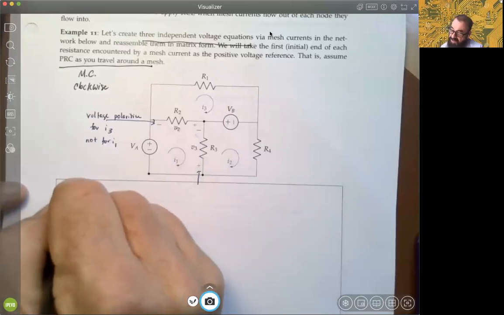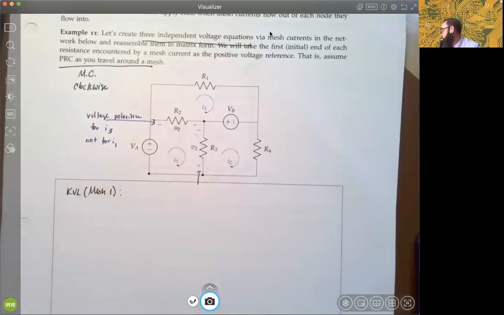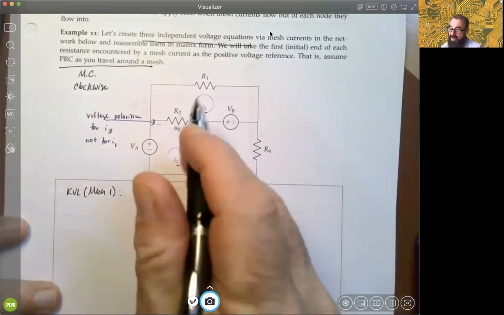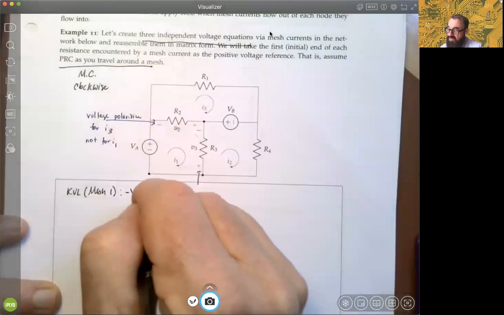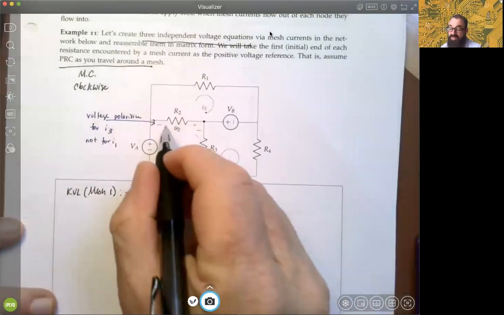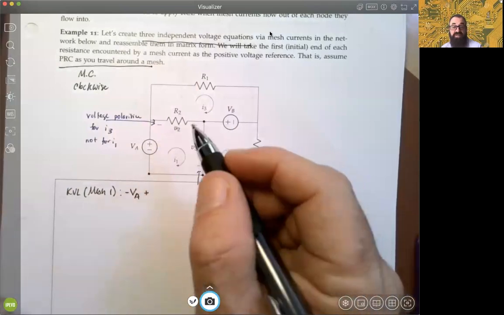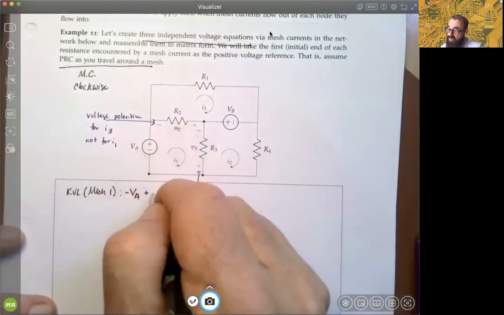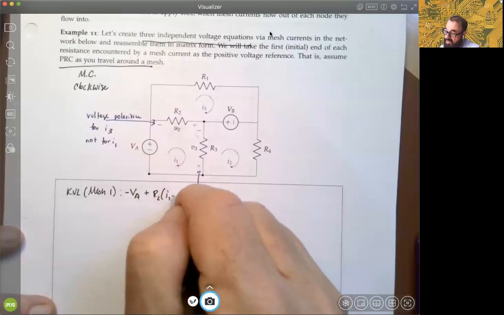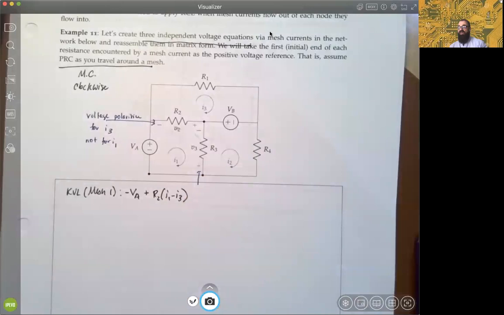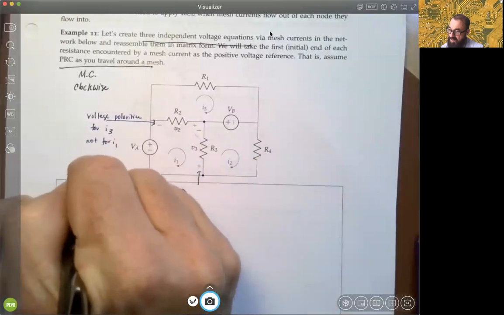So let's do a KVL for mesh 1. We're just paying attention to the clockwise rotation. We come in through the negative polarity, so minus VA. As I indicated before, we're going to assume PRC here. So if we assume PRC, then I1 comes into the positive pole of R2, and the voltage must be R2 times (I1 minus I3). See how I did that? There won't be any flipping of signs saying it's not PRC. No, it's always going to be assuming PRC